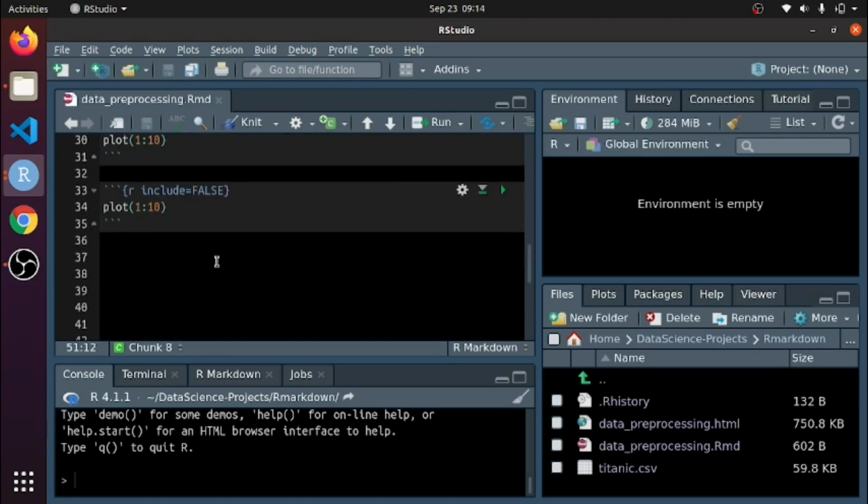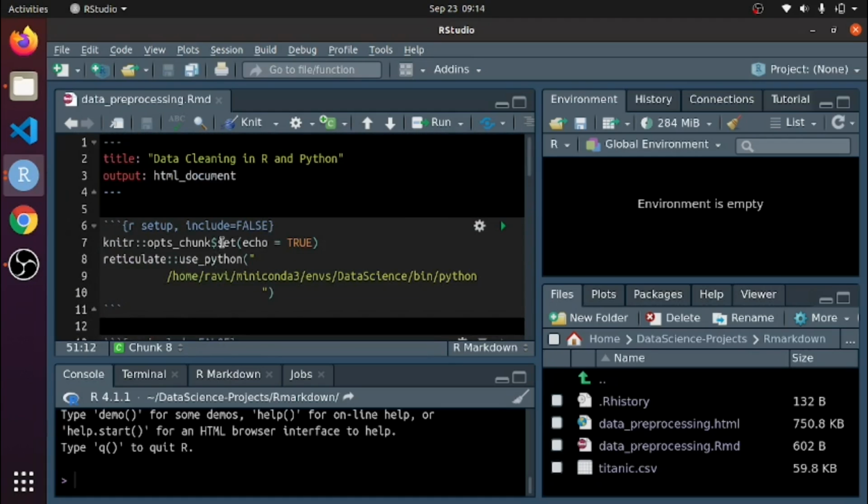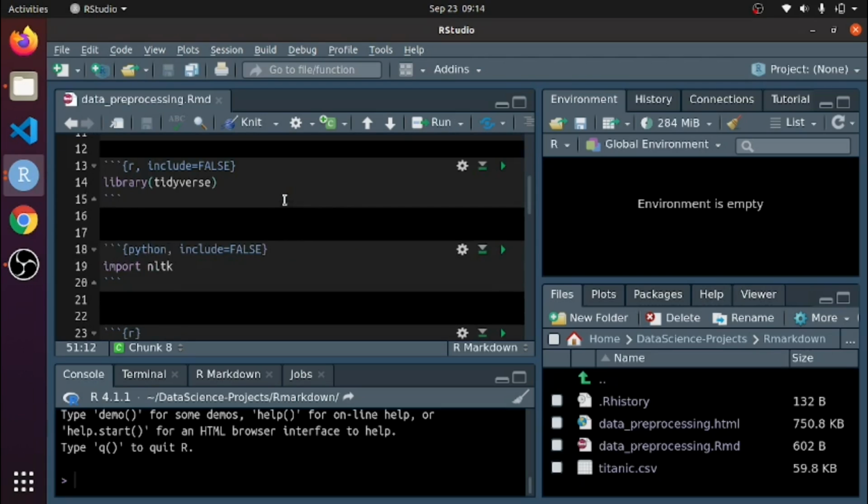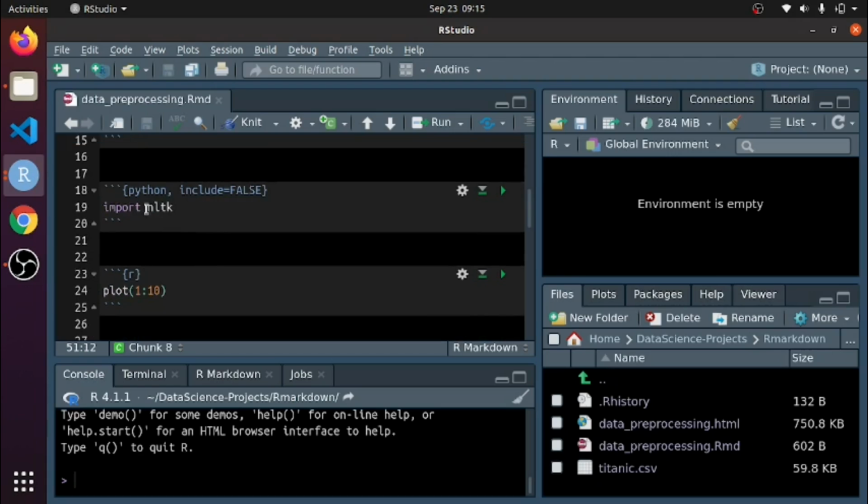Another use case you can imagine is the setup of R. I use the Python reticulate package and import it here, because I don't want to show these things to the users. That's why I am writing include false. In these chunks I can import the R libraries, and in these chunks I can import the Python library.